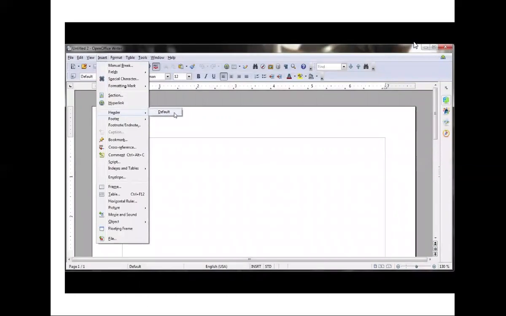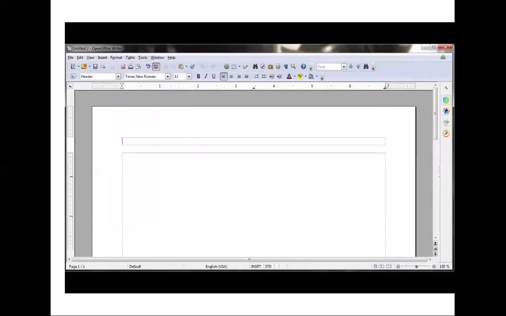Now, the reason they have page styles here is because if you have multiple page styles in a document, different pages having different page styles, then you can actually have multiple types of headers that display different kinds of information within your document, and the same applies to footers as well. So we can insert our default page style header by just left-clicking on Default right here, and we'll be given this little box, of course, given the same borders that the main body has, but much smaller because it's only going to extend as tall as how many lines we put in it.